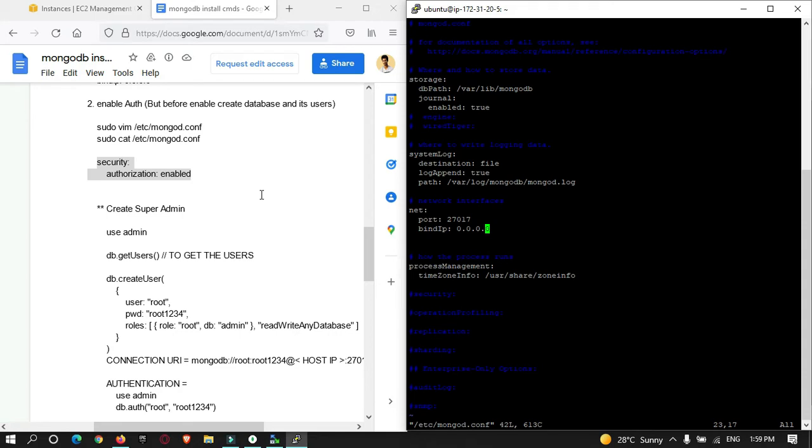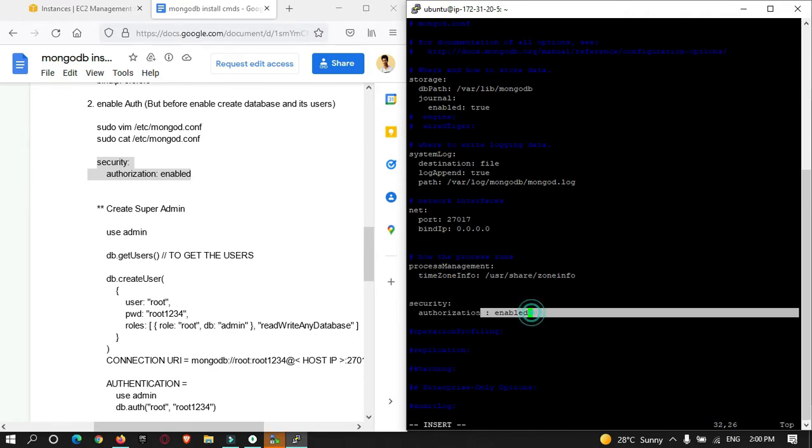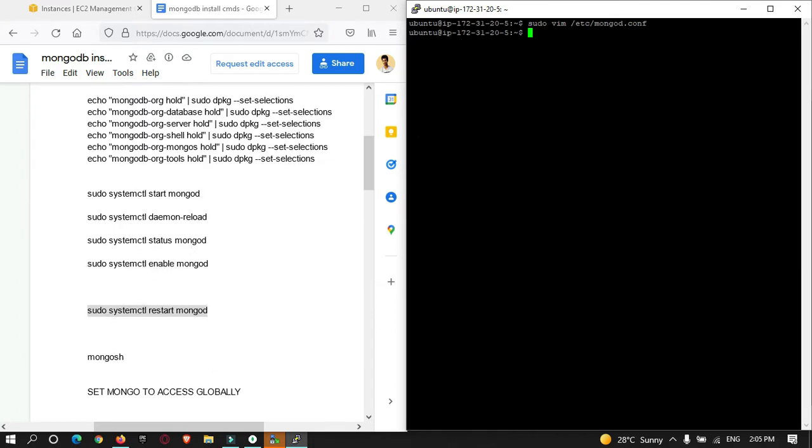For that I will press shift and I so that I can go into insertion mode in this terminal. Just add this security enabled and exit insertion mode by pressing the escape key and then colon wq, enter. Now we have enabled security.